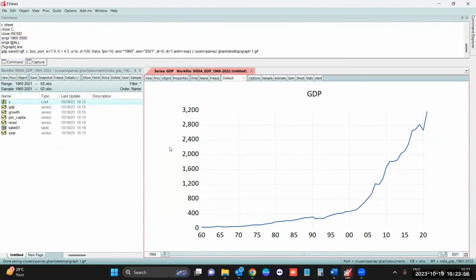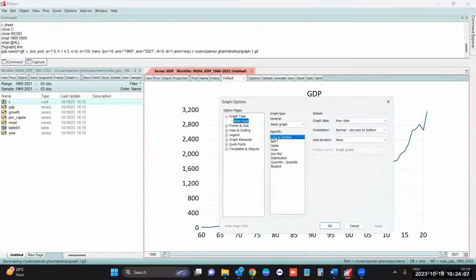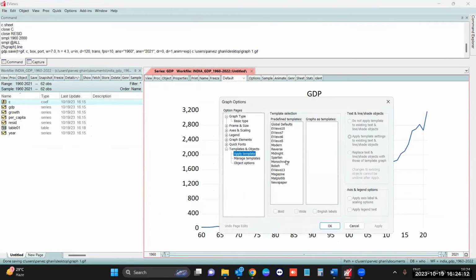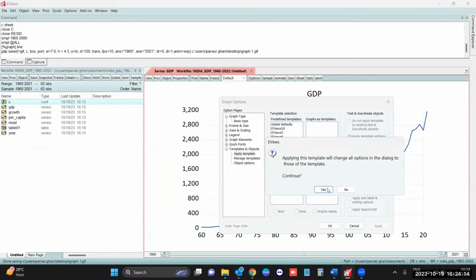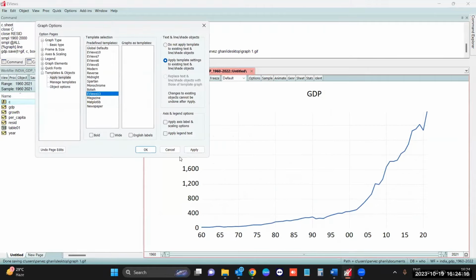So this is how you can save the animation, and you can change the themes for this chart. For that, you need to click on options, and here you have templates and objects. These are the templates that are provided. If you click on EViews, click yes. And if you click on apply,